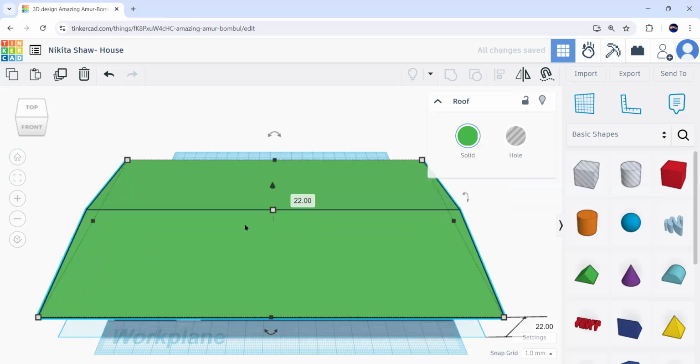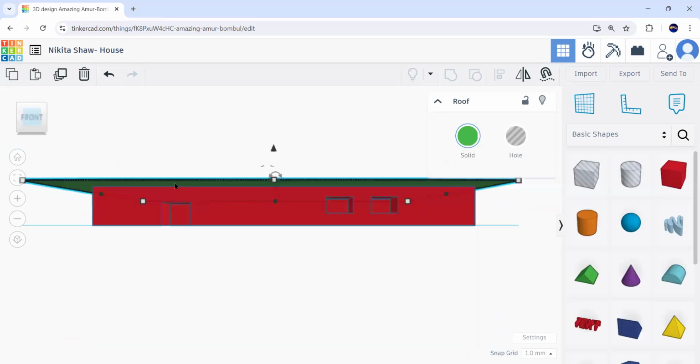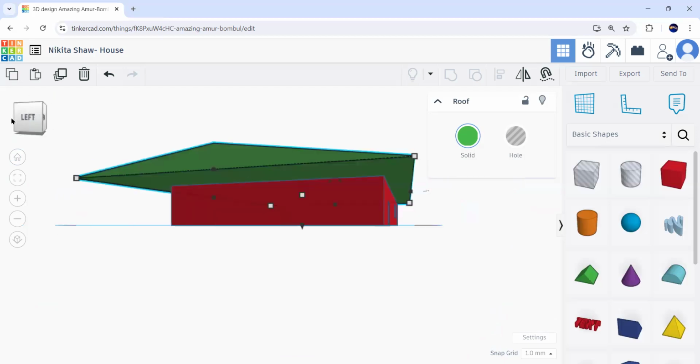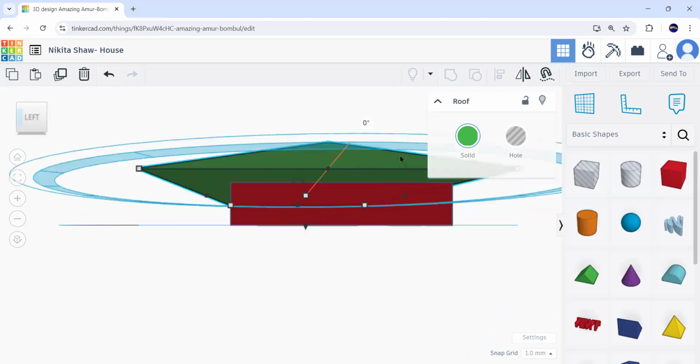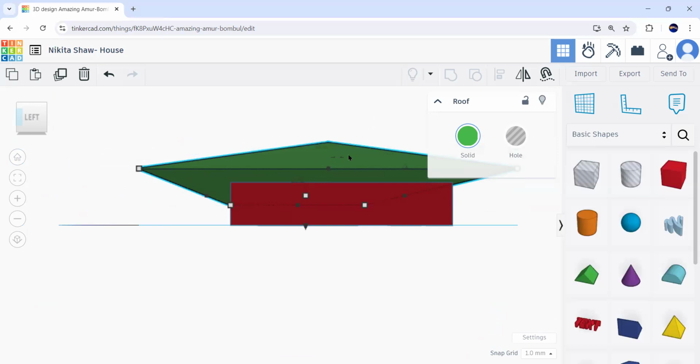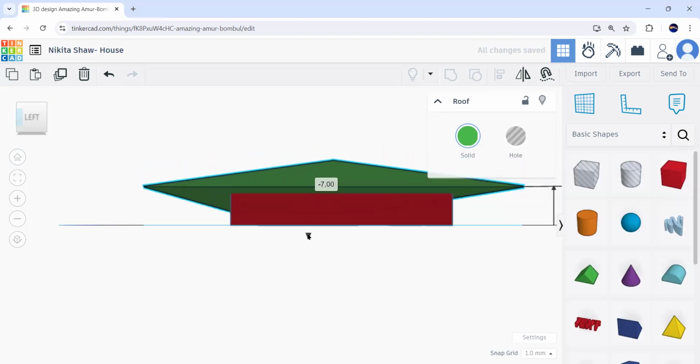Now this completes our house, but we still need to check one more thing, whether the roof has been positioned in the middle or not. So we will go to the front and then again click on the left position to check whether the roof has been kept in the middle, or if it is lying on some of the other sides. So it is more or less in the middle, so we won't bother much.